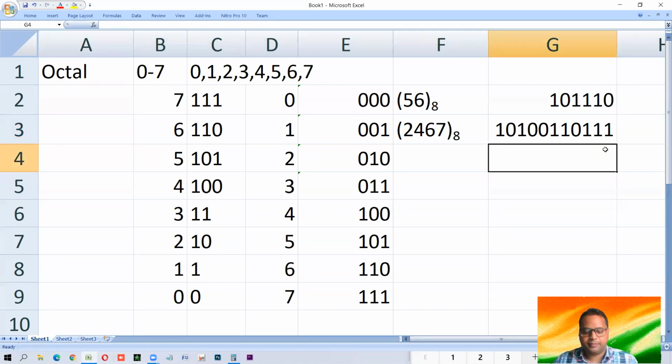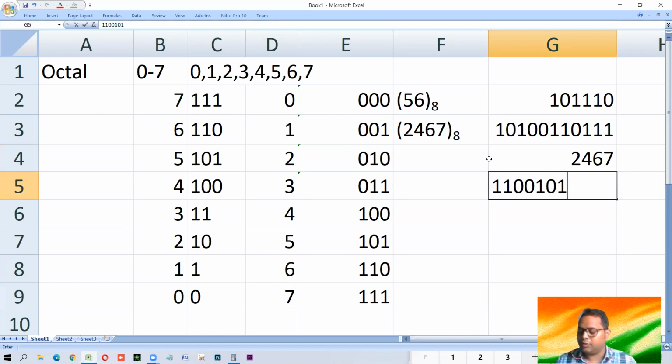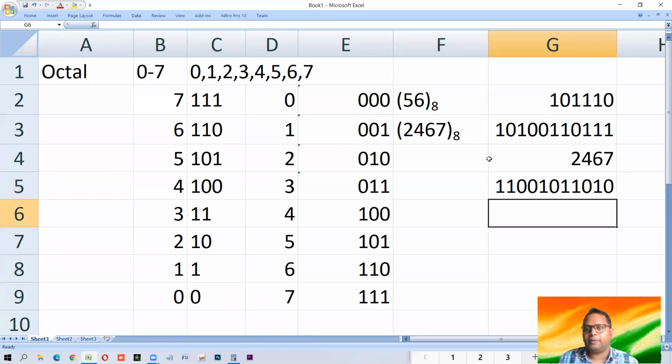It is 7. Now the next 3 bits 110, it is 6. Now 100, it is 4. And then 10 is 2. Or you can take any random number, 110010110001. ये मान लो ये कोई नंबर है, तो देखो कि ये 3 बिट का बाइनरी ये हो गया. ये क्या है? 010, that makes 2. अगला क्या आ रहा है? 110, and read from this side 011. The 11 means 3.